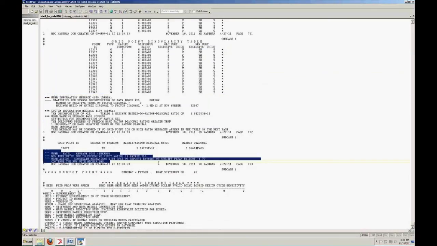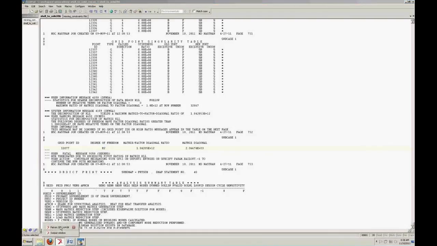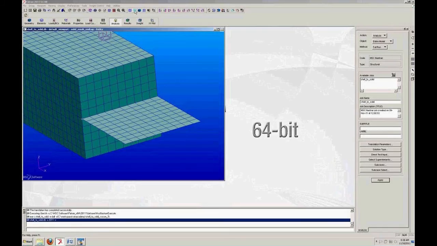In this presentation, I care about the excessive pivot ratio error. Notice that it's telling me that I have a problem with node 11077, and it has a problem with the R2 direction. If I actually find this node,